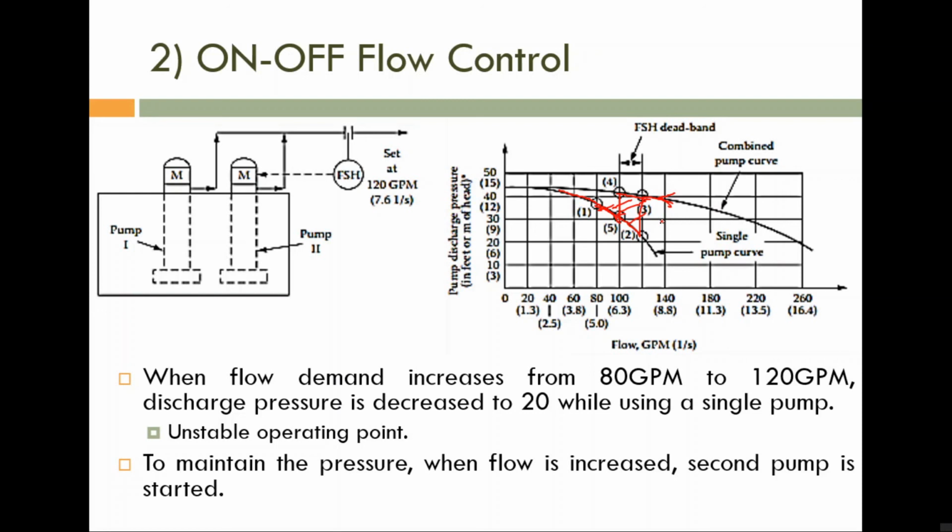So please note, here on-off flow control means the controller is working with respect to the flow measurement. Actually, here we are trying to maintain the pressure constant because the flow demand is continuously changing. Even if the flow demand is continuously changing, we are trying to maintain the pressure within a particular band. That is our objective. So for that purpose, the flow measurement is used. Okay. So that is very important. So please note, here we are not controlling flow rate, we are controlling pressure. We are trying to maintain the pressure by using the flow measurement.